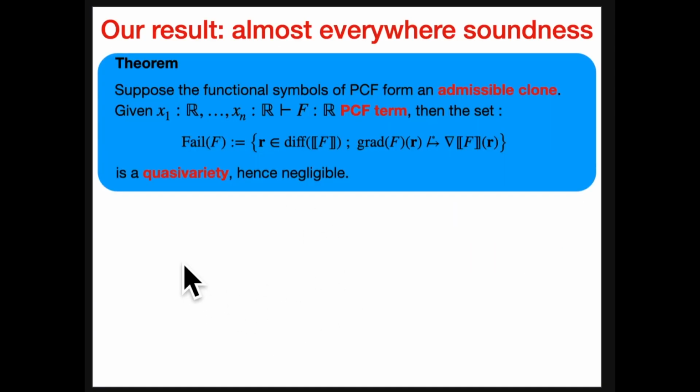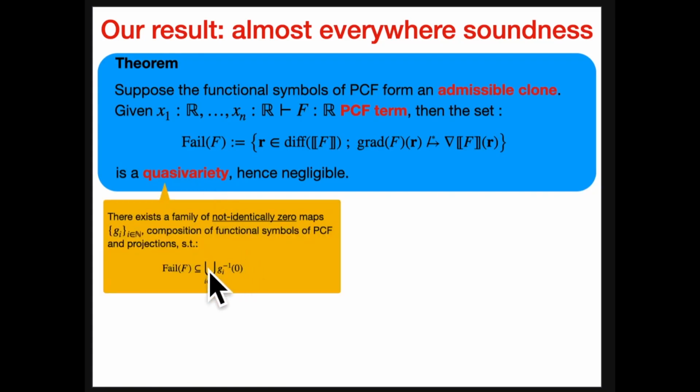Okay. So here is our main result. Almost everywhere soundness for AD for PCF. This extends Jost's theorem in three different directions. First, in the expressivity of the language, of course, moving from first order to functional programming primitives. Second, we characterize the set of errors, called here fail, F for a program F, with a more precise mathematical notion than just negligibility, which is the notion of quasi-variety,